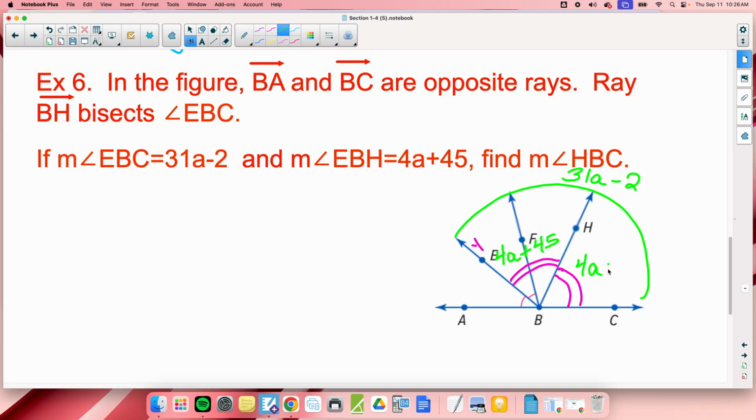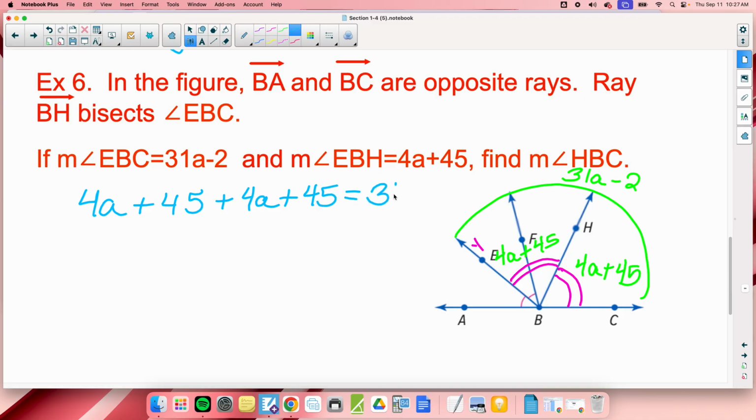Isn't this 4A plus 45? So again, when you're doing these problems, draw that out. Otherwise, you're going to really struggle. Now, do you guys see that this plus that equals that? Does that make sense? So I can go 4A plus 45 plus 4A plus 45